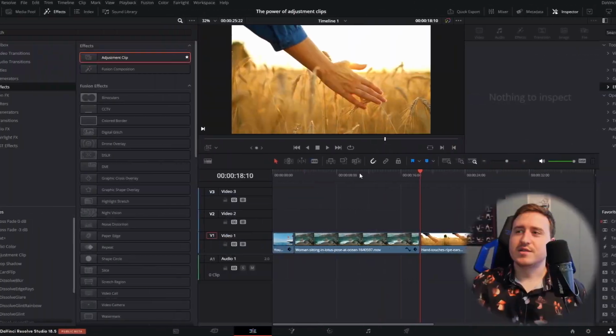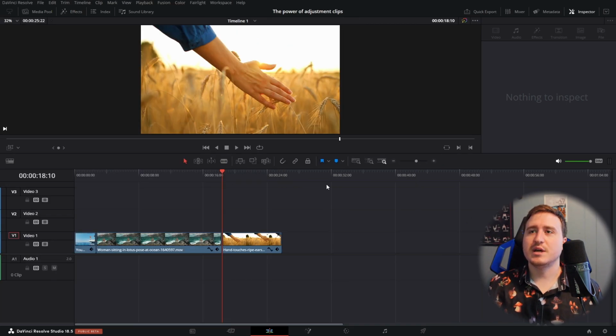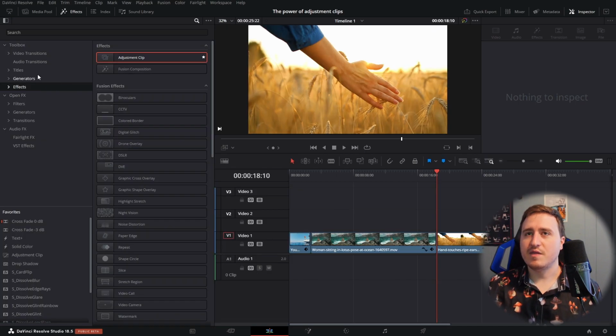Today, I'm going to be showing you the magical powers of adjustment clips within DaVinci Resolve. Let's get into it. So once you guys are in DaVinci Resolve, the first thing you're going to want to do is open up your effects tab and then actually come down to the effects tab within the